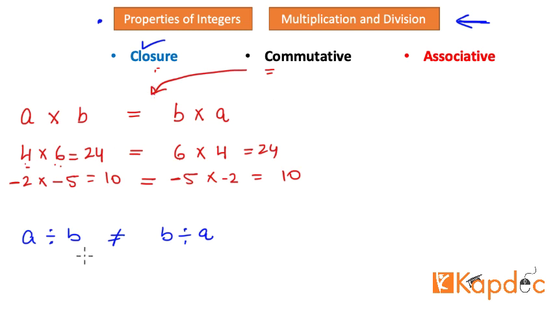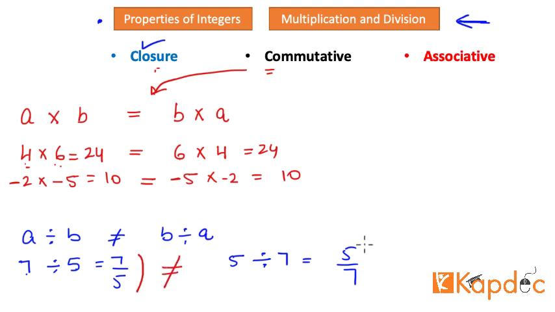But let's say we take a division now. We have a number 7 and it is to be divided by a number 5, okay? And we say that, of course, 7 divided by 5 is equal to 7 over 5, right? But when I reverse this sequence, take 5 first and divide that by 7, this will give me 5 by 7, right? Or you say that this fraction 1 is not the same as fraction number 2. Well, one example is just good enough for us to justify that the property will not hold true on this specific operation when we talk about the division sign. So we can say very clearly that commutative does not work on division.